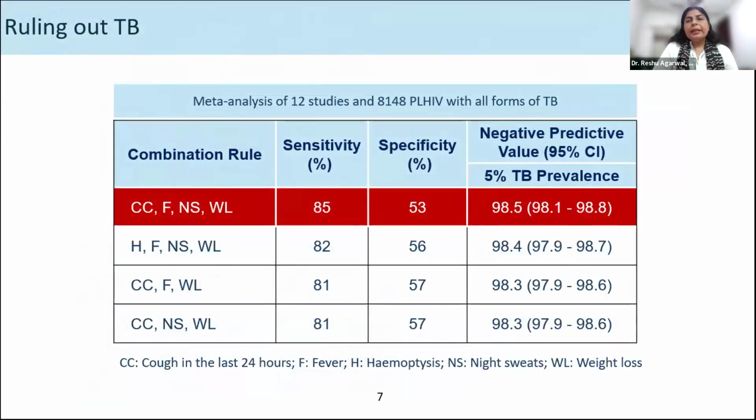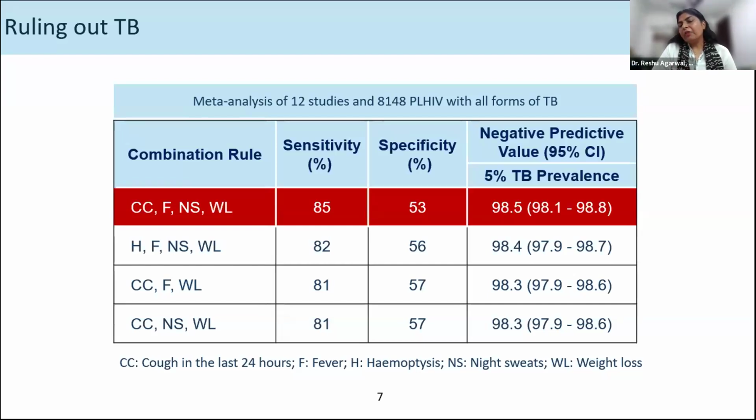So as I said earlier, we actually rely on 4 symptom screening, and for PLHIV, though X-ray or TST or IGRA, the other TB infection tests, may have added advantage, but as a public health approach, they are not required. And if you do a good 4 symptom screening, then you can be almost 98% sure that the PLHIV whom you have screened negative will not have TB, and you can safely initiate them on TB preventive therapy. And what we see is that for the 4 symptoms, the negative predictive value with 5% TB prevalence is